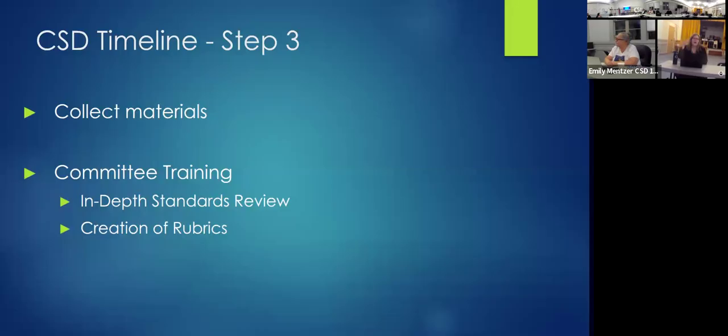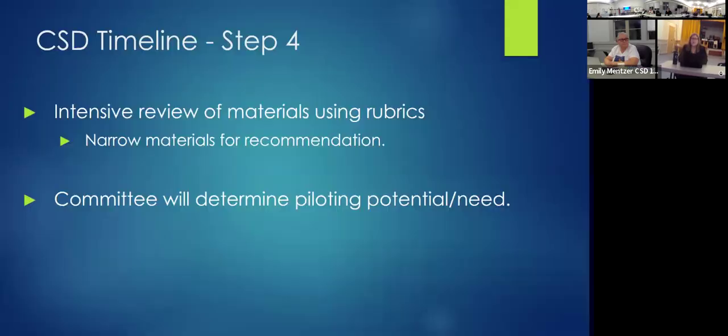So we'll look at making sure that whatever we're choosing matches the standards and then also meets our preferences, because different staff have different ideas about what's going to work the best, and we want to hear from them about what that is. So we'll create some scoring guides for that. Step 4 is we'll compare the materials to the scoring guides and we'll score them all and determine what the